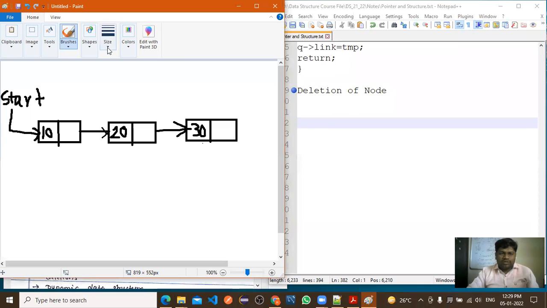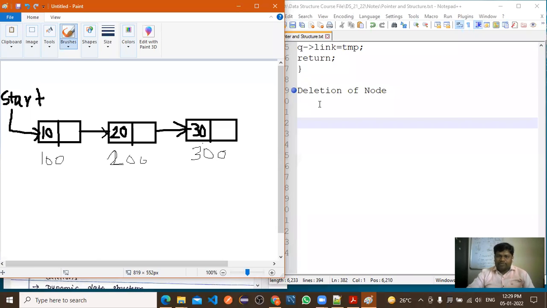Now here the addresses we will write: 100, 200, right? So this is 2. And 300. So these are the addresses of these 3 nodes.